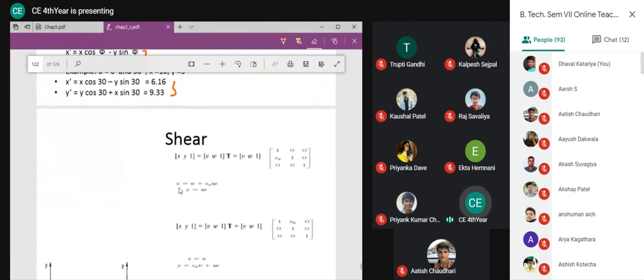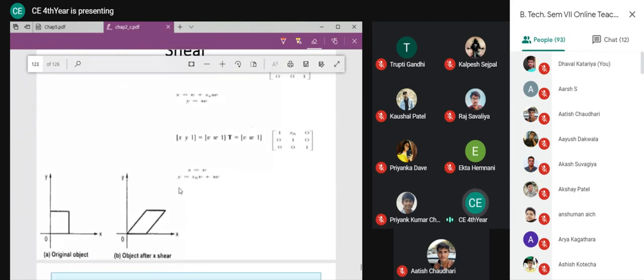Okay, now next is shear. Vertical shear, horizontal shear is there. What is shear? You will hold one direction, and you will drag it, or shift it, in another direction. This was my original shape, and this is shear in the x direction. In the x direction, I hold these coordinates, and then I drag it in this direction. If I fix its base and drag it in this direction, what will happen? It will look like this shape.